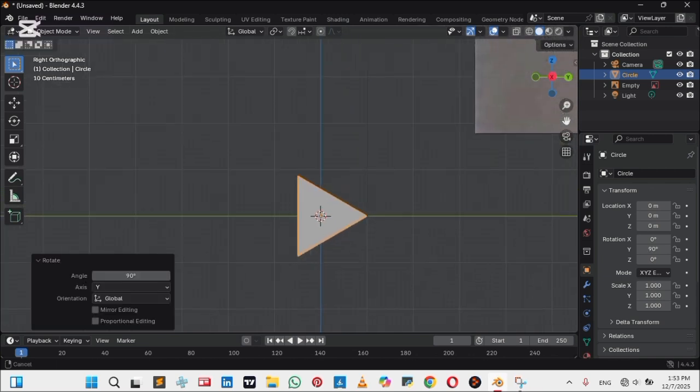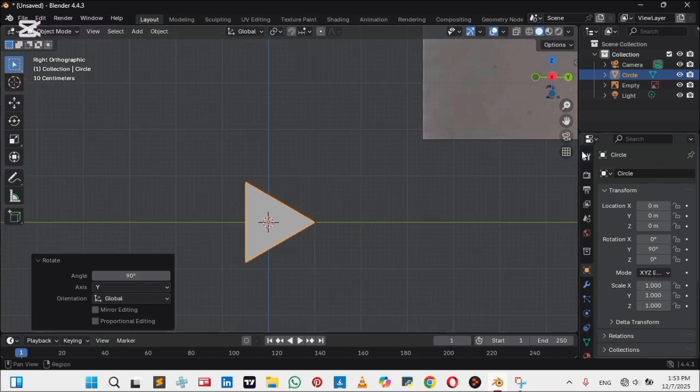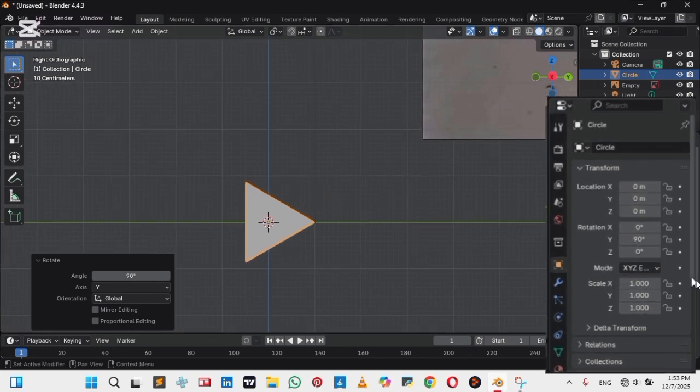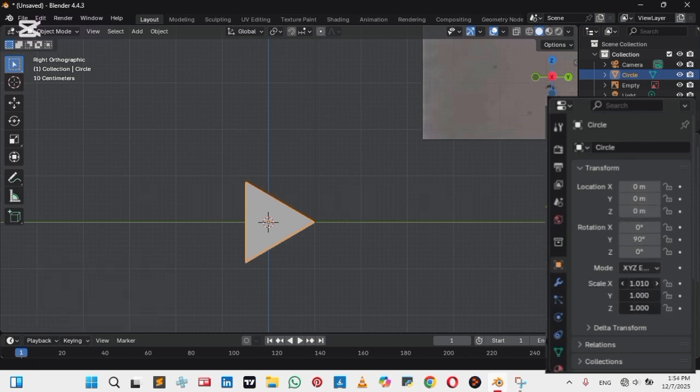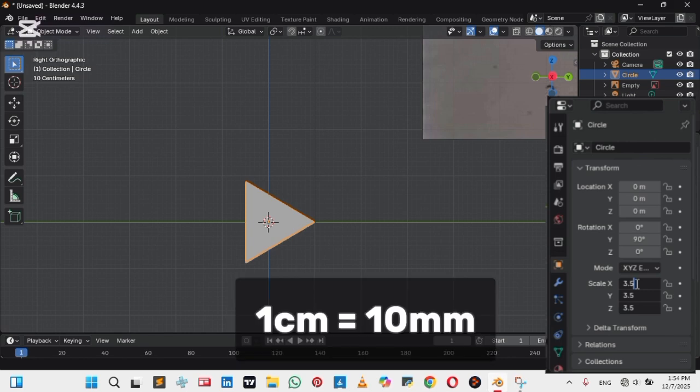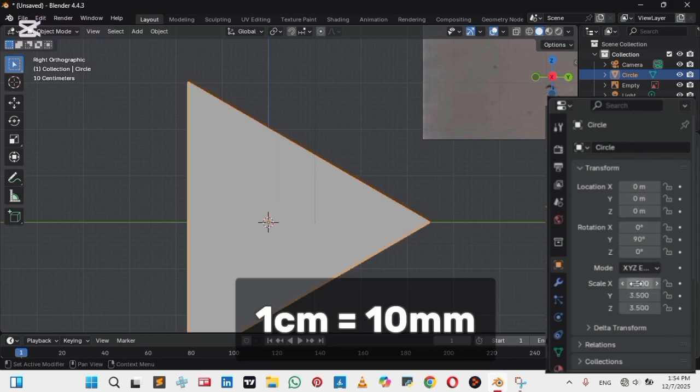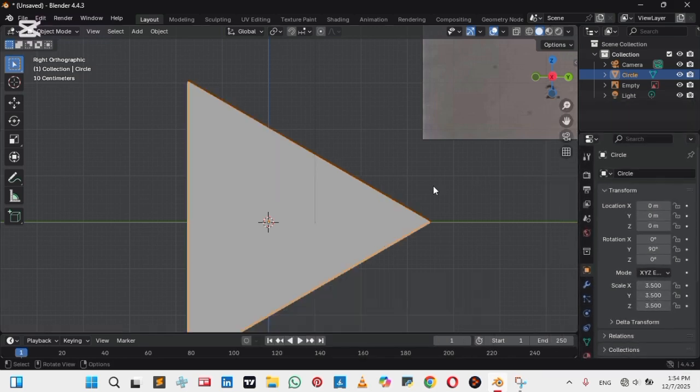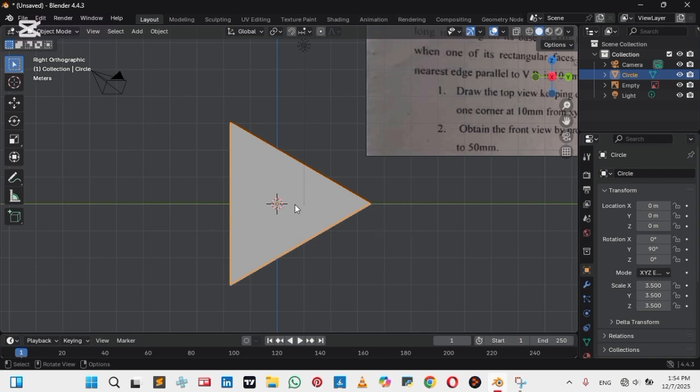Now we're saying that it has a base of side 35 mm. I want you to treat all of these units here, which are in meters, as centimeters. So wherever you see meter, I want you to treat it as centimeter. So we have 3.5 meter, but I'm saying centimeter, and you know that 1 centimeter is 10 mm. So here we have it. Now we have our triangle. That is our base, that has a side of